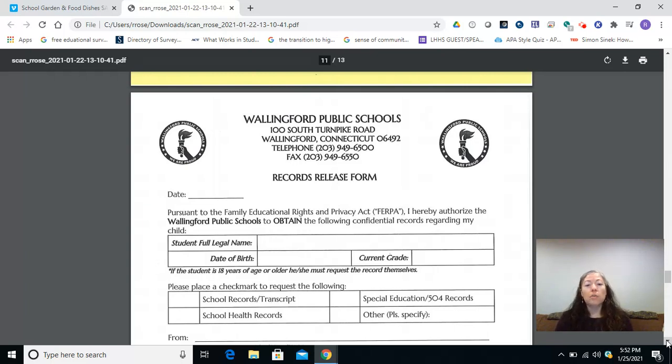So the first thing that you need is your acceptance letter. That is actually going to count when you get to the residency part. Our out-of-district students are going to upload that, and our Wallingford students who went to other schools, you'll still need regular residency documentation. So that's a deed to a house or an updated lease for a rental, and one utility bill.